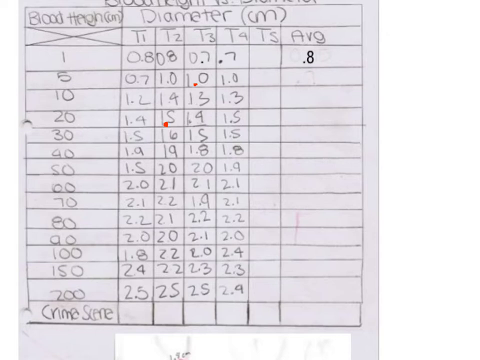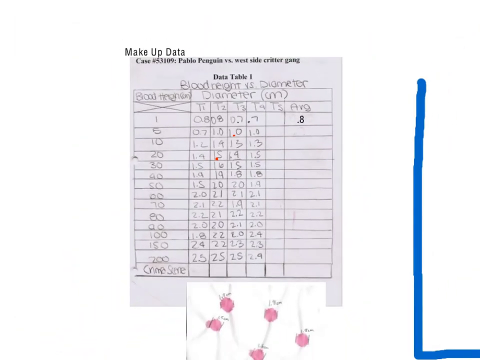This person did 4 trials, so if you're using this data you would add up your 4 trials, 1, 2, 3, 4, push equals, and then divide by 4 to get your averages. You do that down your paper. So this was done from heights of 1 centimeter all the way to 200 centimeters like we talked about previously. And once you have your averages,